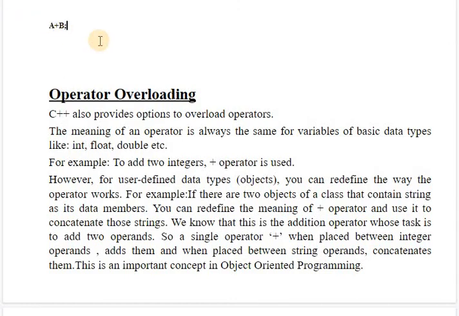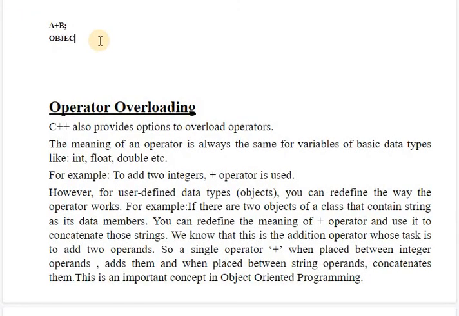But if I am using objects as parameters, like if I want to add obj1 plus obj2, how are these user defined data types going to get added? So I will do operator overloading in C++ for the addition operator to add two objects, because the functionality becomes different in case of user defined data types. A user defined data type is a data type which is made up of built-in as well as derived data types.